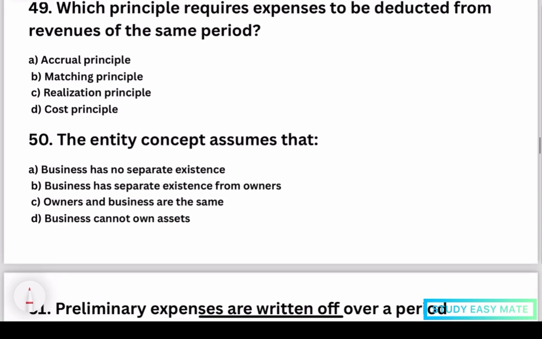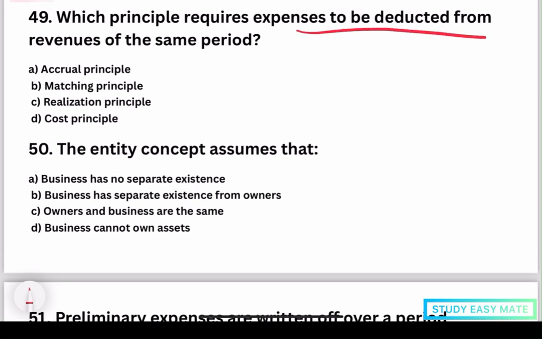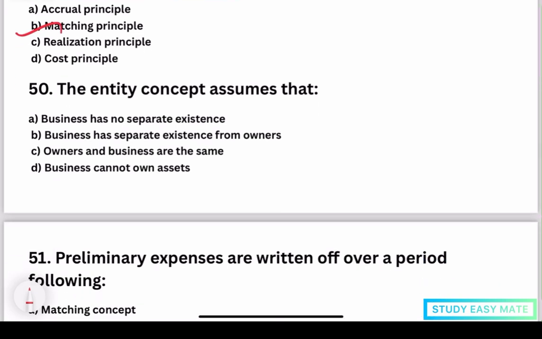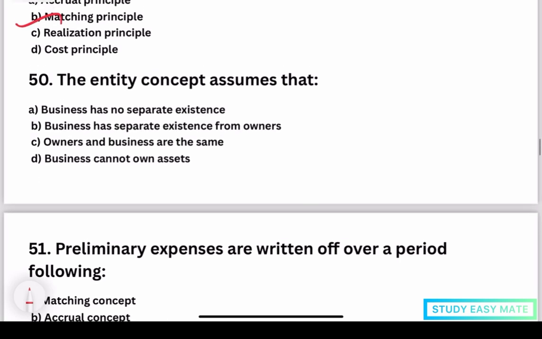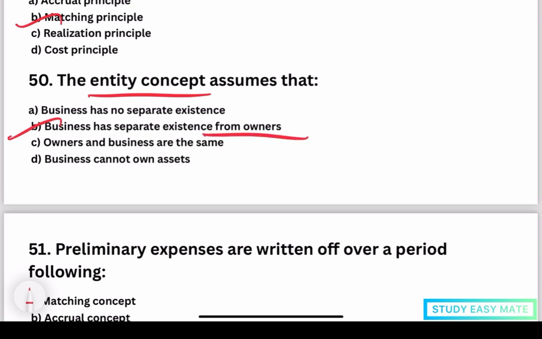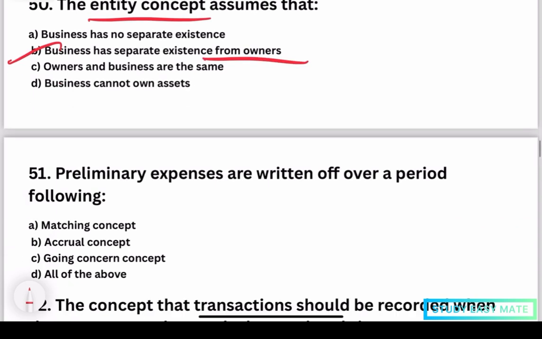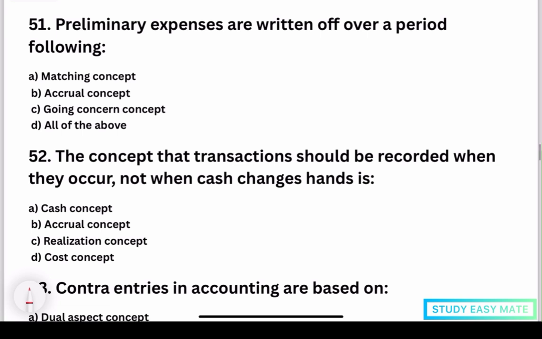We have seen it. So which principle requires expenses to be deducted from revenues of the same period? That is the matching principle, because this ensures that revenues and related expenses are recognized in the same accounting period. So 50, the entity concept assumes that the business has a separate existence from owners. Yes. So 51, preliminary expenses are written off over a period following